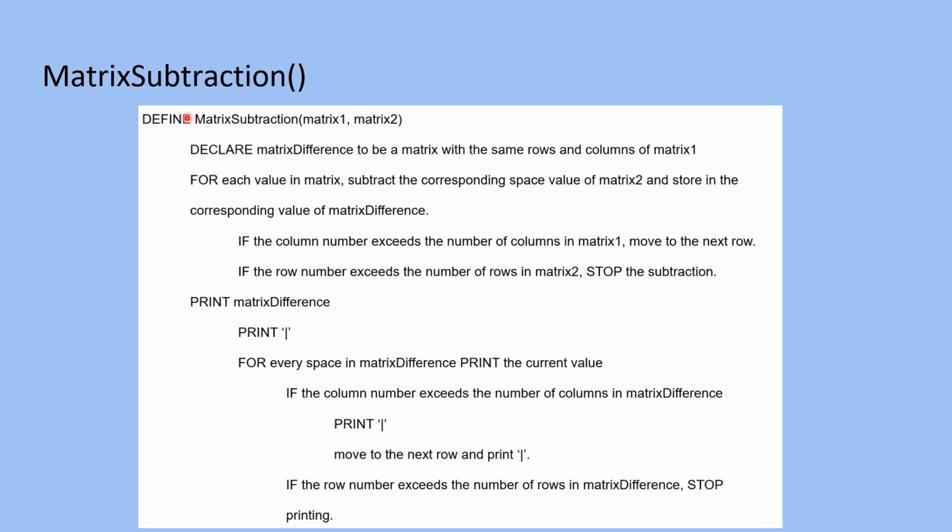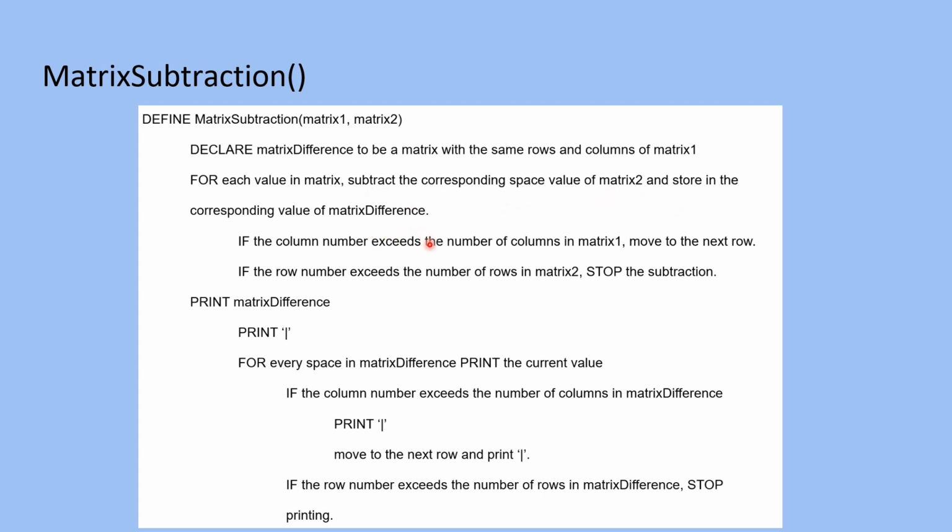Now I'll define matrix subtraction. I'll define matrix subtraction to take two arguments, matrix 1 and matrix 2. I'll declare matrix difference to be a matrix with the same rows and columns of matrix 1. For each value in matrix 1, I'll subtract the corresponding value of matrix 2 and store in the corresponding value